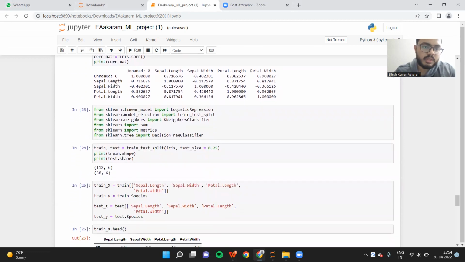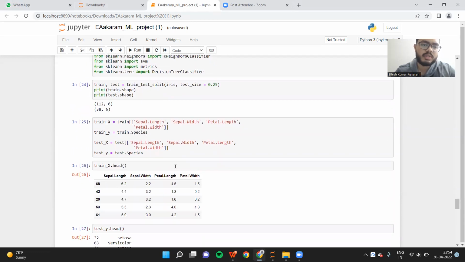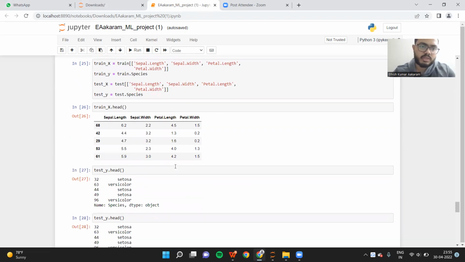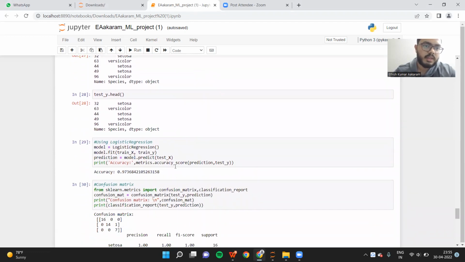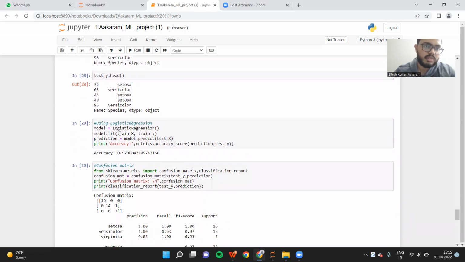And these are the algorithms that I've taken: linear model, linear regression, k-nearest neighbor classification, SVM, and some distance classifiers, all the different classifiers, so that we can have a better understanding of which algorithm is performing better with this data set. Here I've created the training data set, and that training data set I've given to the logistic regression,